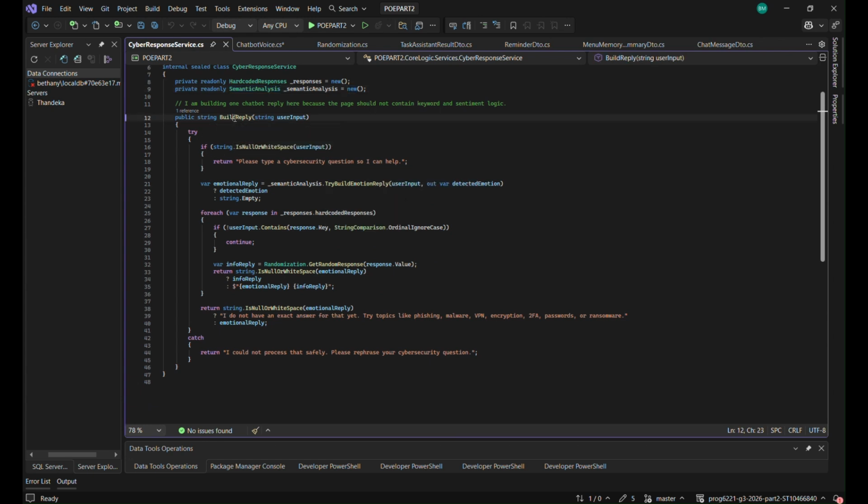So this is the build reply. We just try, and then we say if null or white spaces, user input, so making sure that there's no white spaces, right? And then we return, "Please type a cybersecurity question so I can help." And then var emotionalReply. So our sentiment analysis tries to build our emotional reply, and within that it takes in one parameter, which is the user input, and then it outputs the detected emotion. So it detects the emotion of the